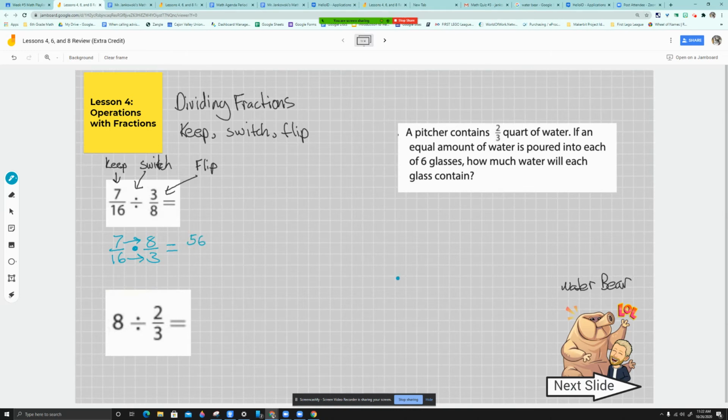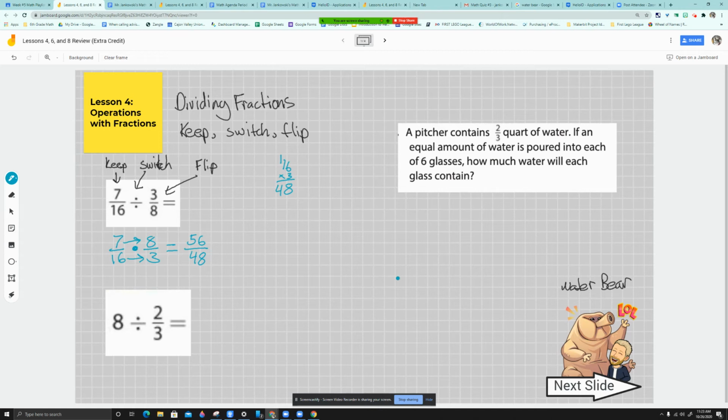And 16 times 3, I'm just going to do that on the side here real quick. And this is part of showing your thinking when you're doing your work like this. Maybe just showing a quick calculation. 6 times 3 is 18. Carry the 1. 1 times 3 is 3 plus 1 is 4. So 56 over 48. Now, some of you are seeing this and you're thinking that fraction looks like an improper